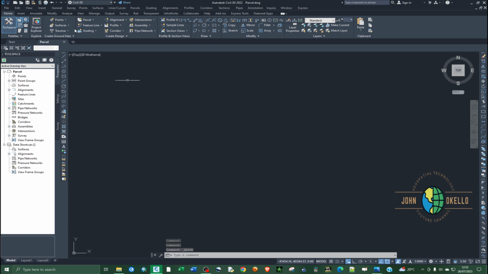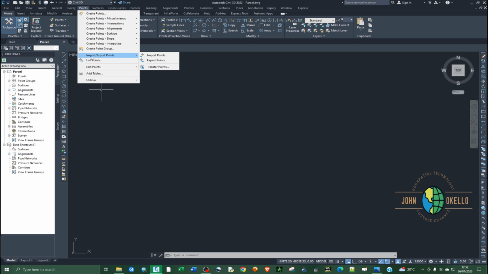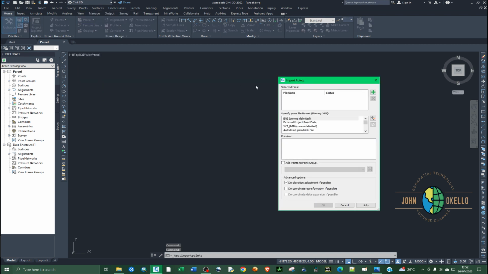So in order to import the points or the survey data, make sure that your data is in CSV before you import, and if you have opened the data, make sure that it is closed. Otherwise the software will not accept the data. So at the top of this application, under the ribbons, you should be able to see points. Now click on points, and then under points we have this tab, import export points. What we're going to do is import points into this application, so make sure that you click on import points like that,